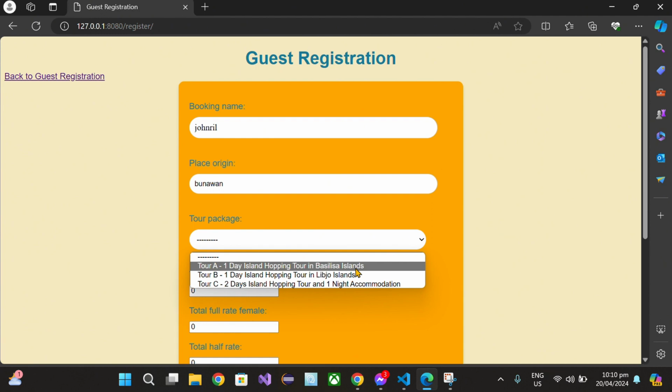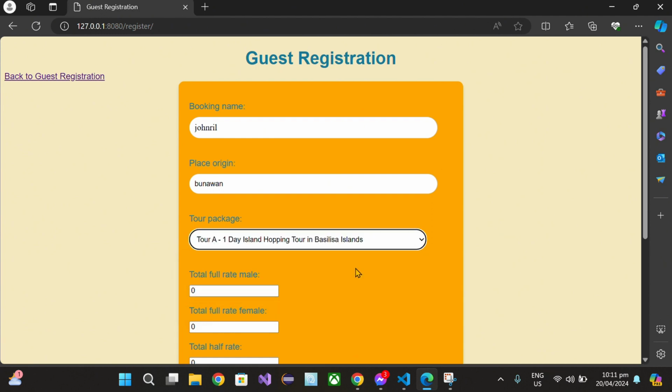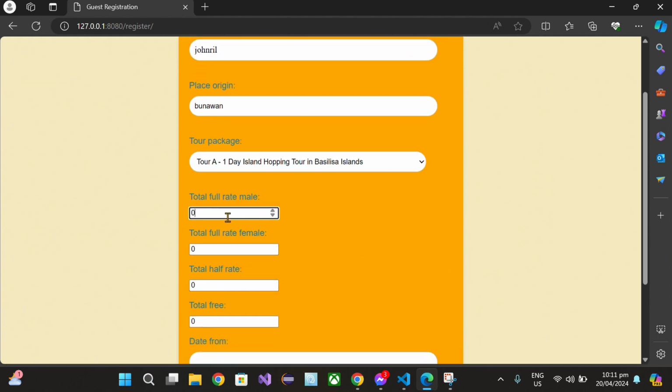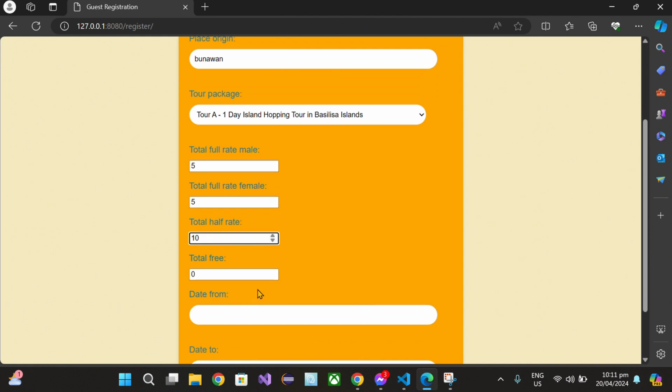Example, choose store A, 1 day island hopping, and then full rate male, sample 5, and then male 5, and then half rate 10, and then total free is 5.